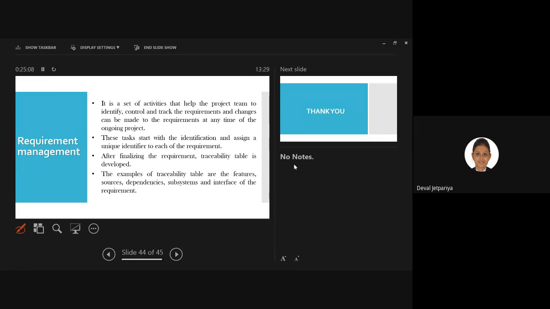Say, for example, if you are making a table with primary key and secondary key, those relations are also a kind of dependency which we are presenting, right? And that is again part of requirement management.